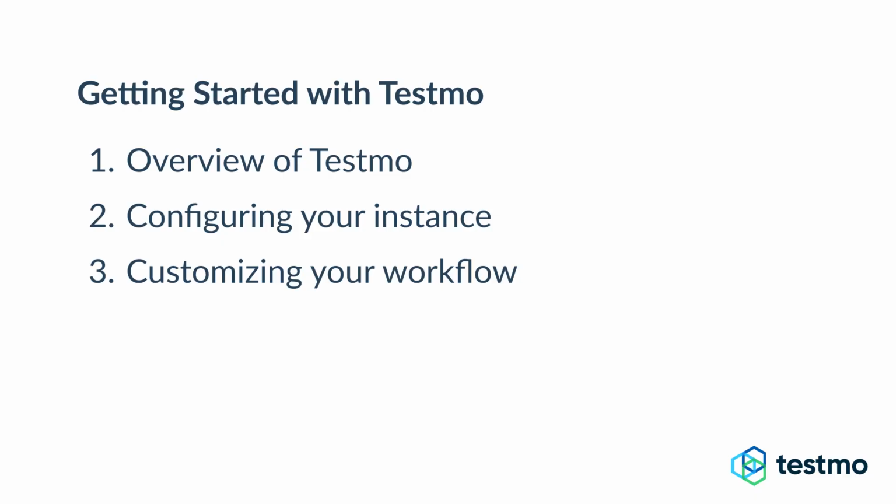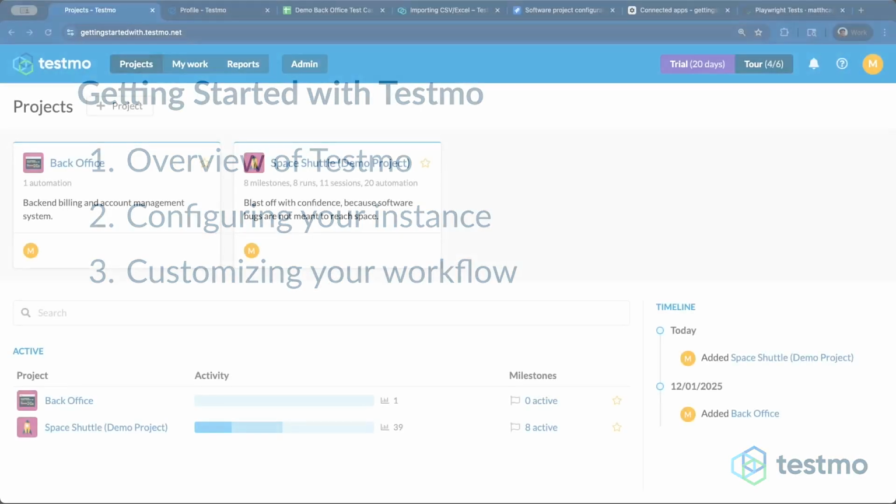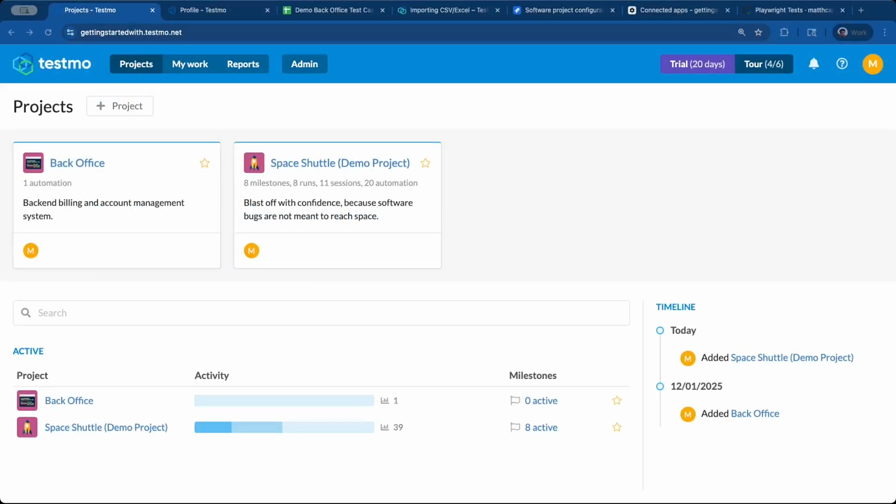in terms of customizing Testmo to fit your workflow, inviting your team members, etc., as well as giving you a full overview of the different ways that you can manage your manual, exploratory, and automated testing all together here in Testmo. Before we jump in and get set up with a new project, what I wanted to start